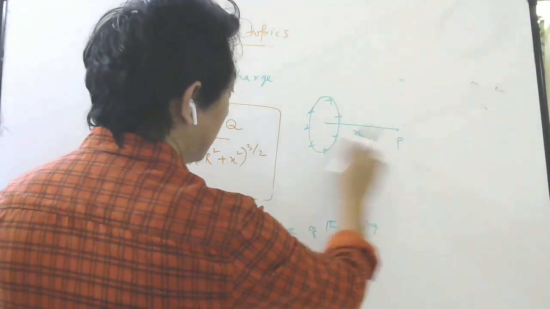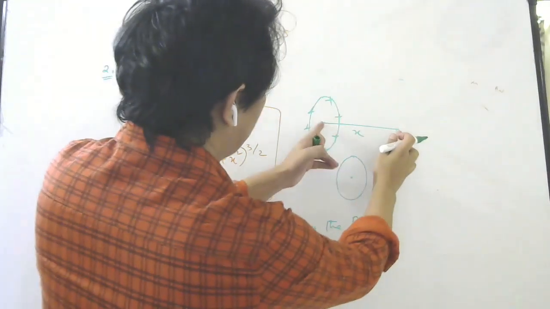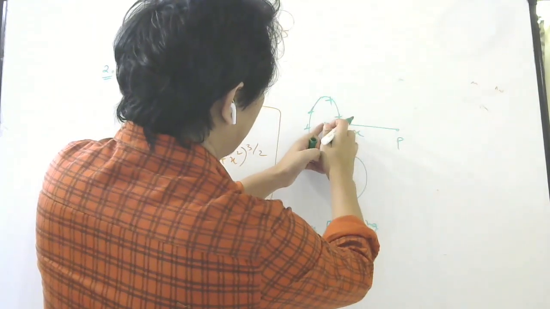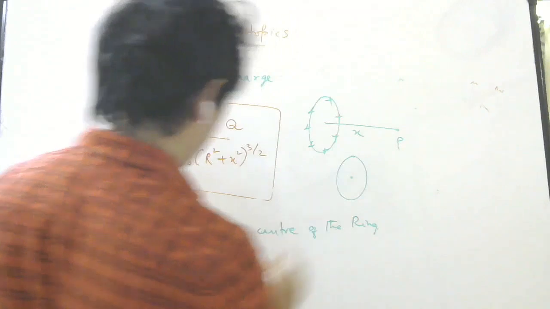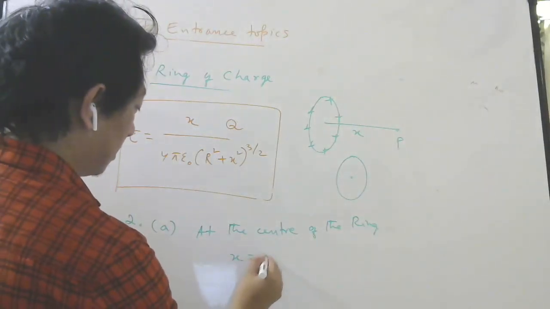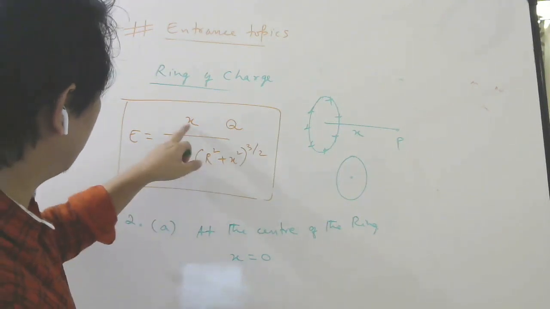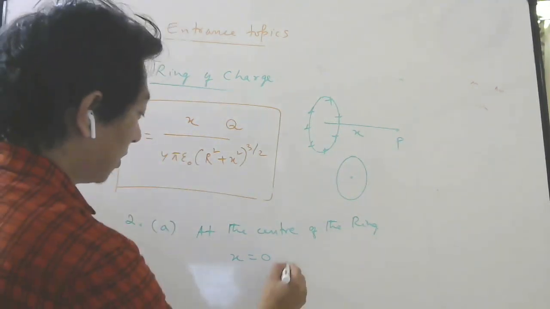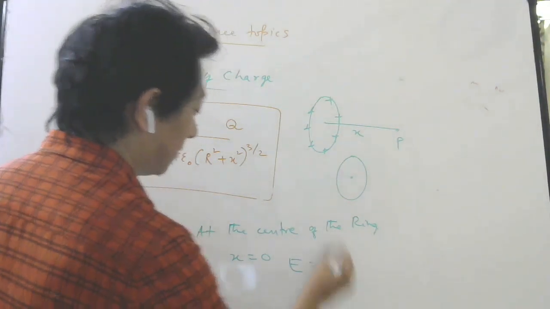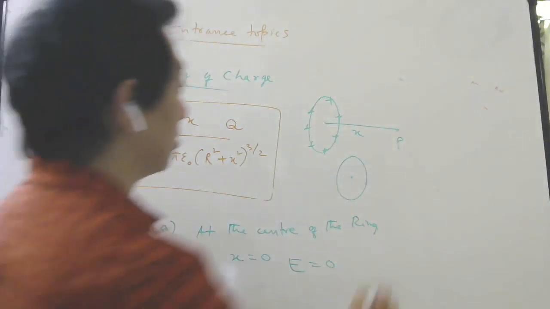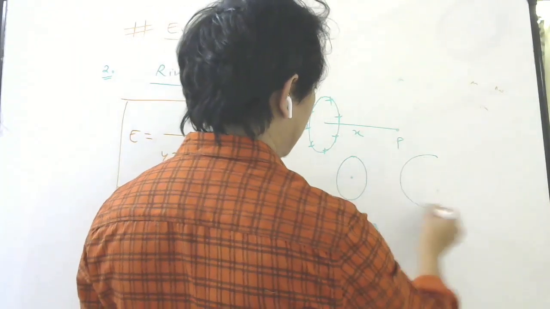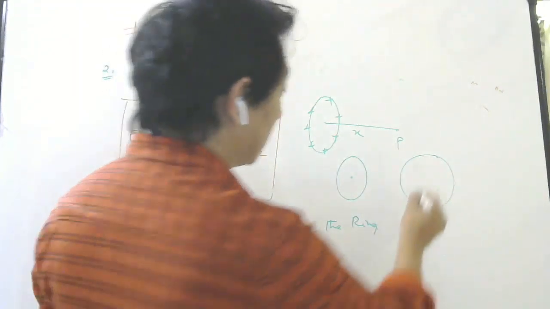So if this P is here, what will be x? Right now this is x. So if this P comes here, what will be x? 0. So at the center of the ring, x is 0. And if x is 0, this numerator will be 0. So what will be electric field? 0. And it is expected also, because if I now show you the ring like this, then at the center,